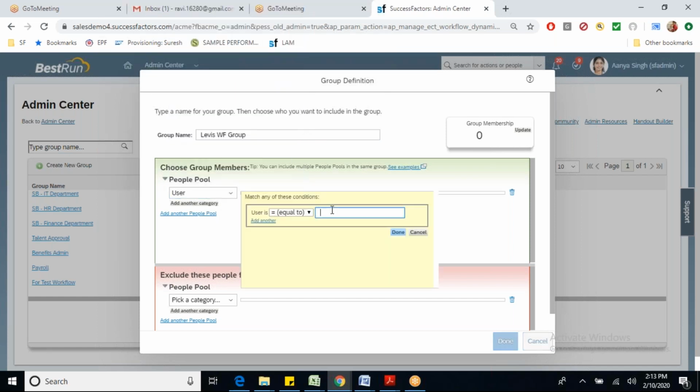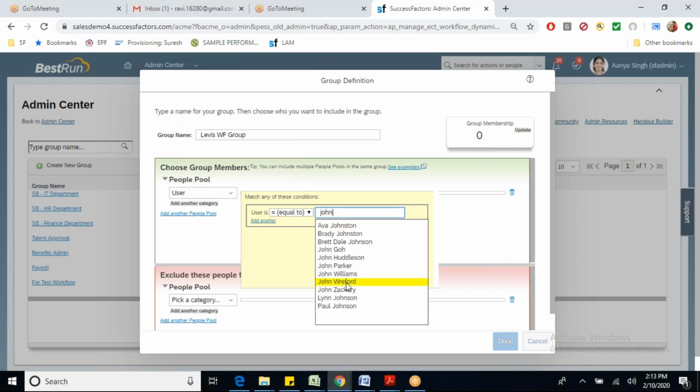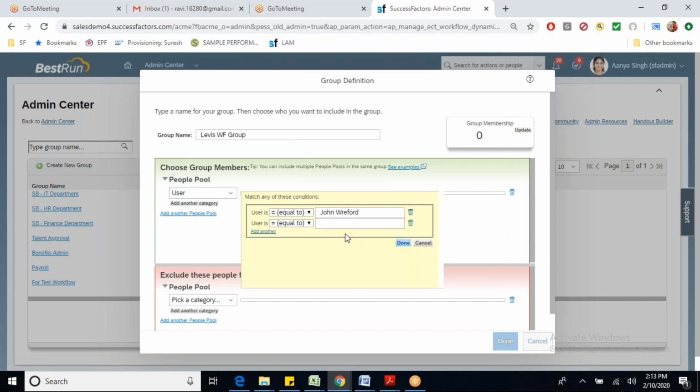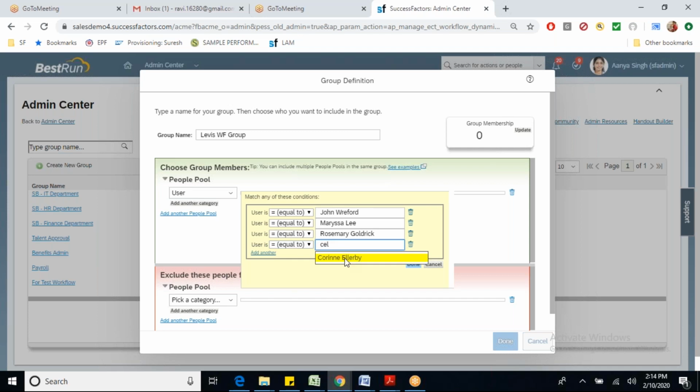Go to user and add some users. Maybe John, Savi, Rosemary Godric, and I cannot remember.